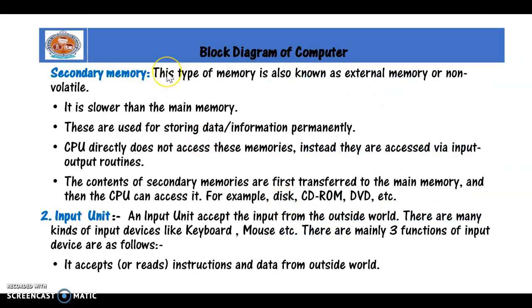And then coming to the secondary memory, we usually say it is a very slow memory. Why do we say it is slow? Because these are external devices which we connect to our computer, and we store information in these external devices. So we need to communicate with another device to retrieve or store information. So it is known as a slow kind of memory. Examples are your pen drive, DVD, CD, disk drive, hard disk, and many more.